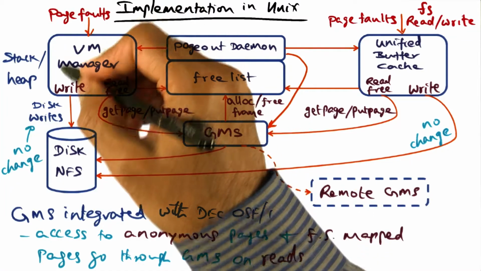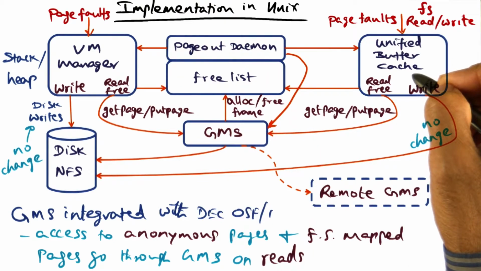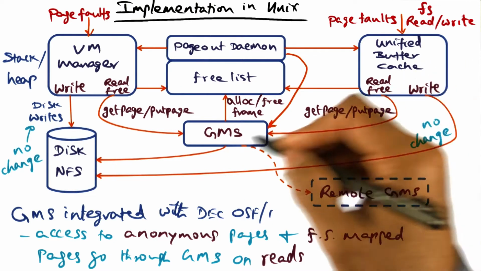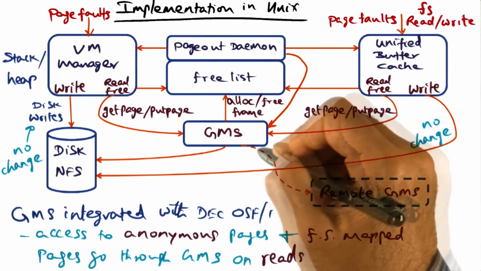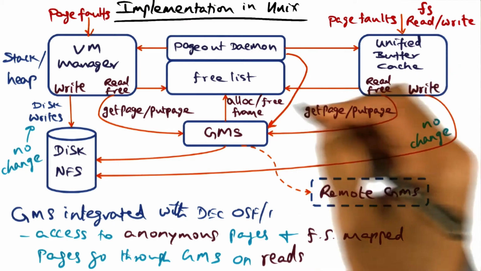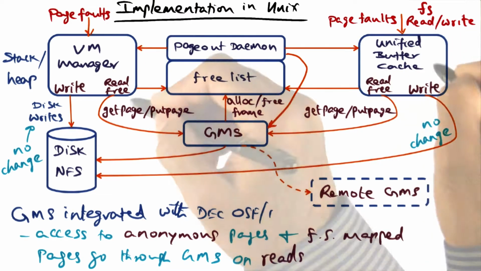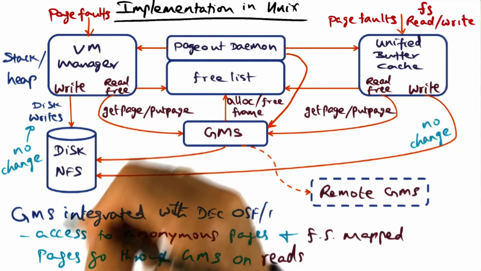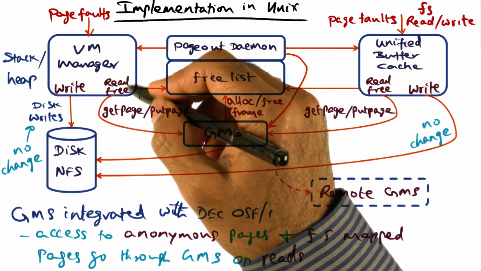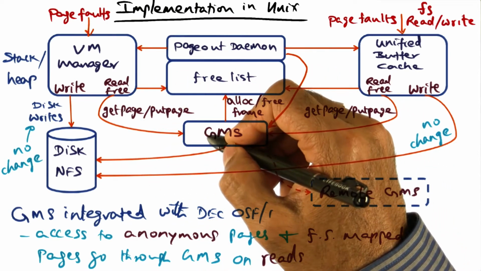This calls for modifying both the virtual memory part as well as the UBC part of the original system to handle the needs of the global memory system. In particular, what you notice is that the VM and the unified buffer cache, when it wanted a missing page, it used to go to the disk. But here, what we're going to do is make it go to the GMS,